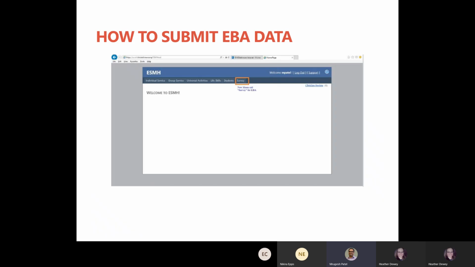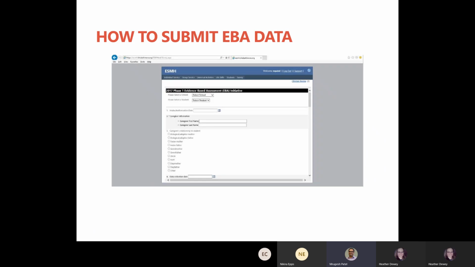And next, as you can see, is the survey menu on your screen. Besides the student menu, this survey menu will be available when we start collecting the data based on the period that we decided. It will not show up throughout the school year, but for the particular 6 weeks that we decided, the menu will automatically pop up, and then you can start your survey. So once you click on survey,